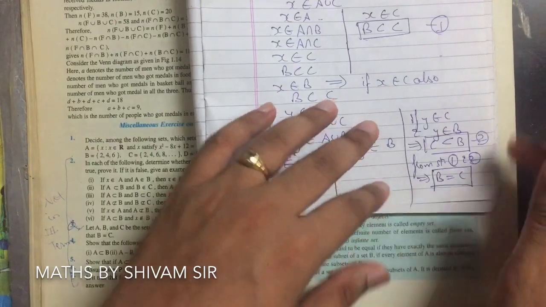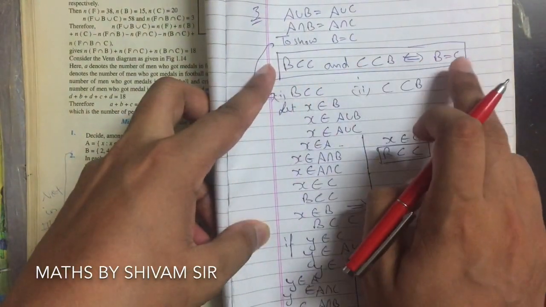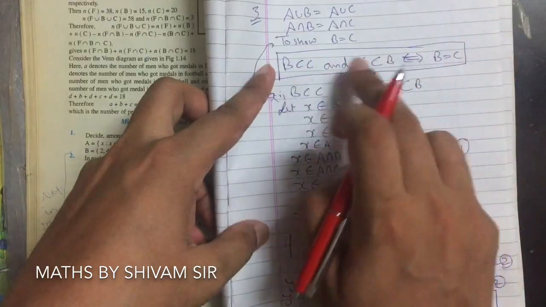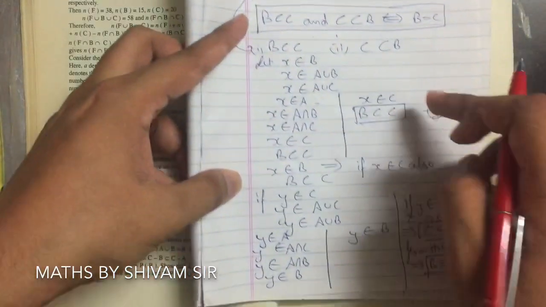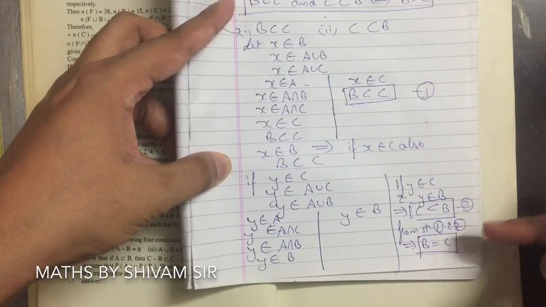हमने पहले ही बात करी थी कि अगर हम ये दोनों स्टेटमेंट्स को प्रूव कर देते तो हम थर्ड वाला कह सकते हैं, या फिर ये थर्ड वाला हो तो हम ये दोनों कह सकते हैं. तो हमने इन दोनों स्टेटमेंट्स को प्रूव कर दिया यहाँ पे, इसके थ्रू और इसके थ्रू, तो हम कह सकते हैं B is equal to C.